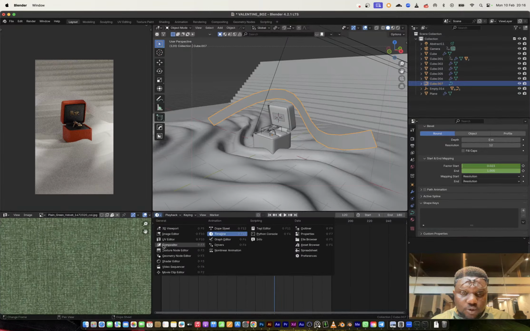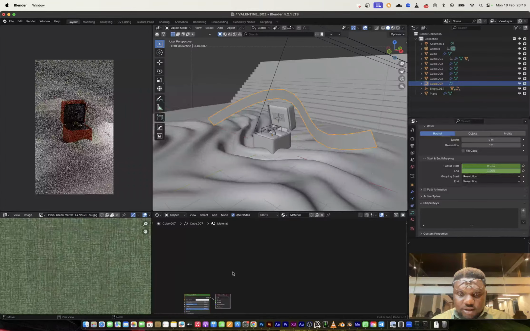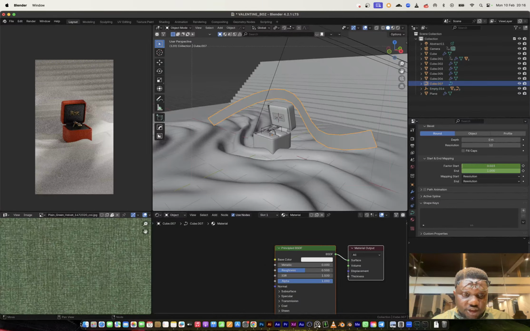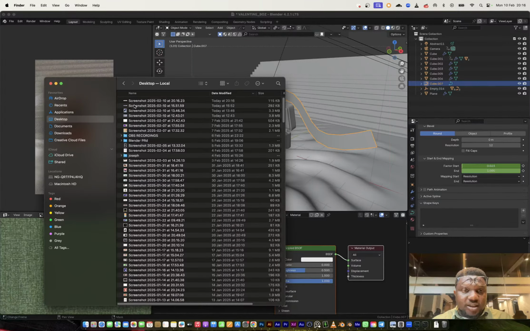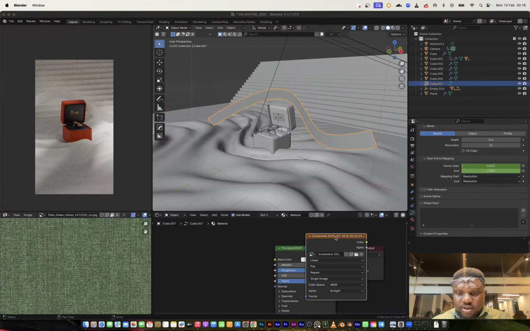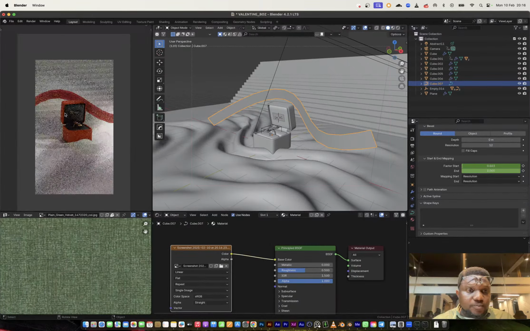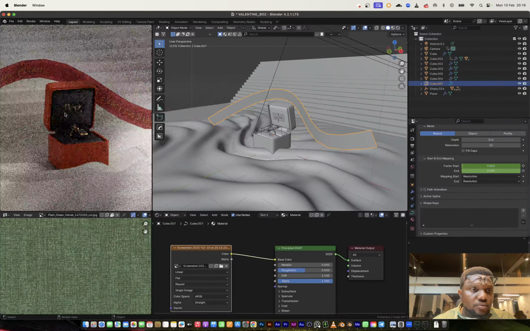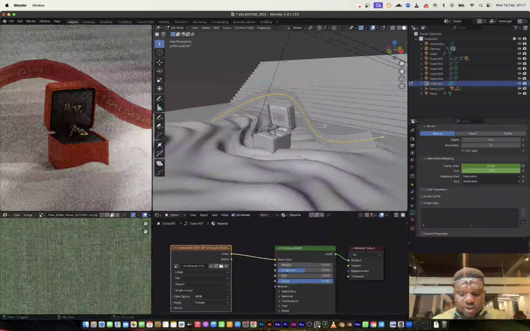I'm going to come in here, select a new material, just like so. I'm going to bring in that image texture, so I'm just going to go right here, go to my desktop, and I think this is it right here. So I can bring this in and just connect it to the base color. Let's see. It looks like it's flipped the other way, so maybe can I flip normal here?